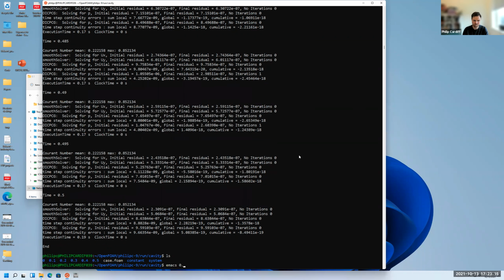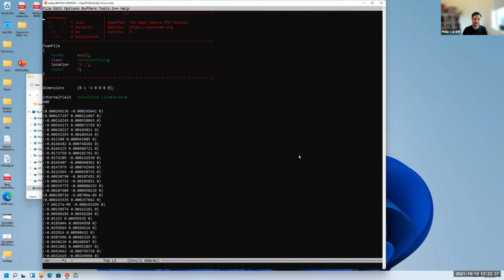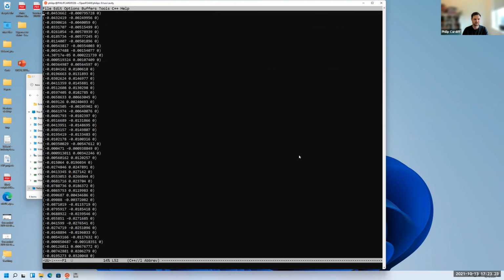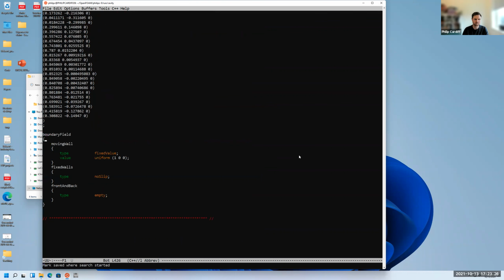So if I open 0.1 U, it's like before, except now it just lists the values of the velocity vector, the 400 for the 400 cells. If I skip down or search to the bottom to the boundary field, you can see the boundary conditions are still there. If I open up the p file, so I can close Emacs,